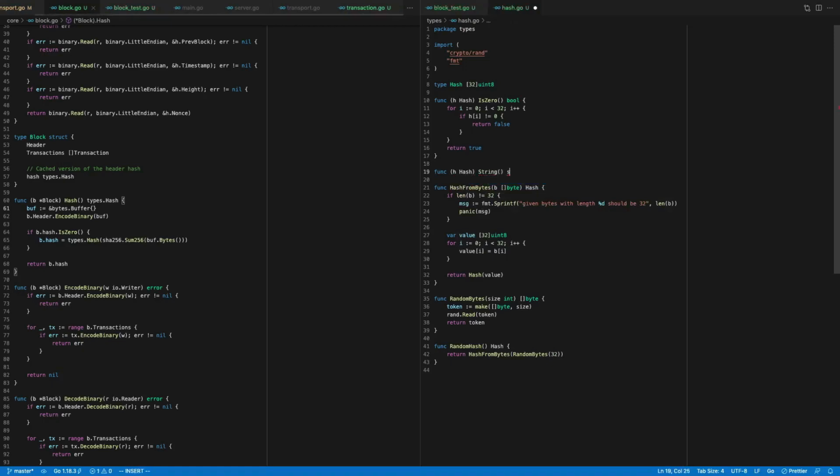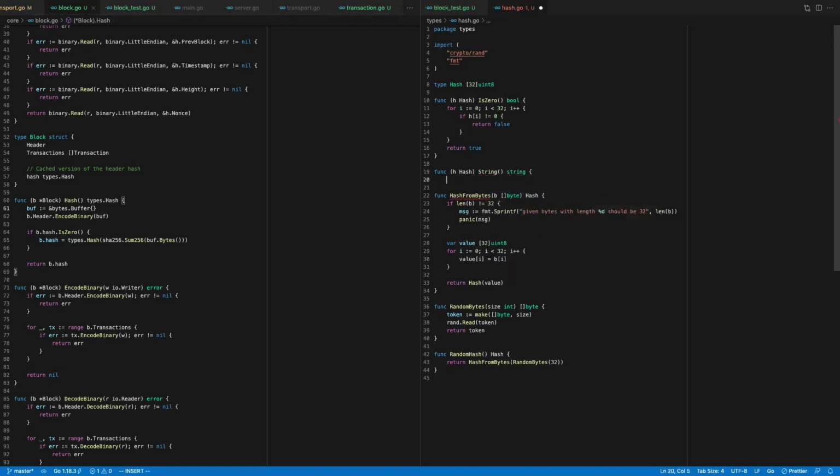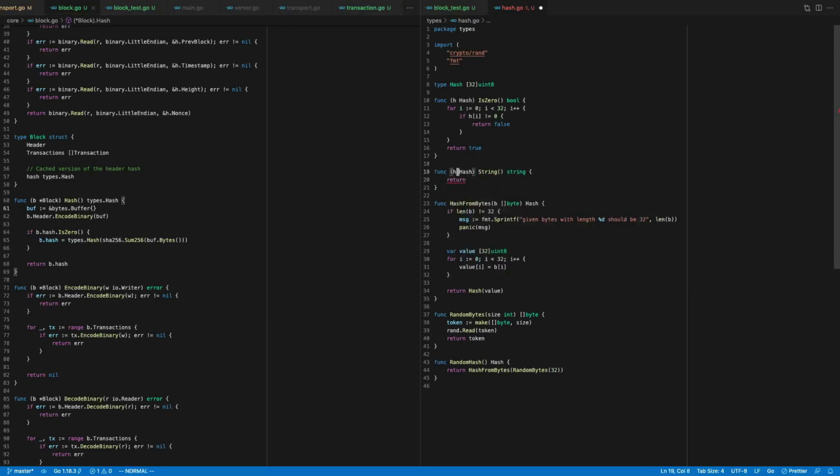So Golang has its own Stringer interface, and what it does is basically whenever you put an object that implements string into something that's printing, instead of printing its struct or whatever, it will print this string representation, the one you implemented. So we can do like hex.EncodeToString,